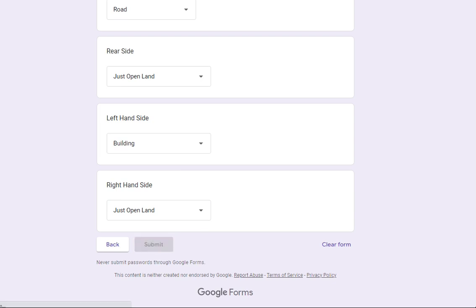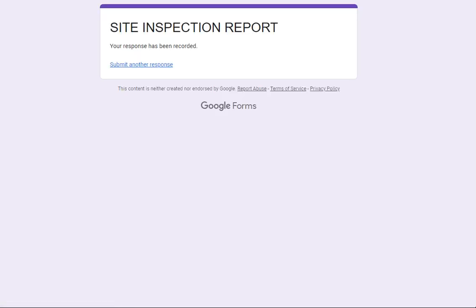Okay, so submit. So this is what the site inspection report says. After submitting, it will be shown that your response has been recorded, and that's it. It means your site inspection report has been submitted. So the admin or the person who will be looking after the site or preparing the quotation for the site visit, they will take more further concern regarding this. Okay, so thank you, see you in the